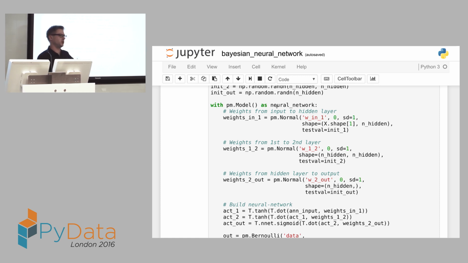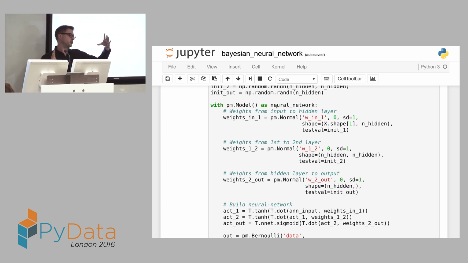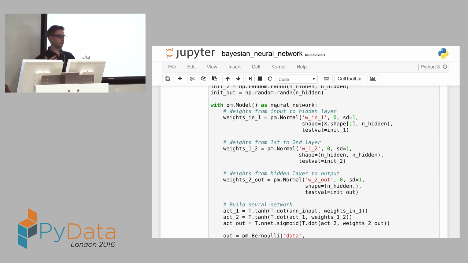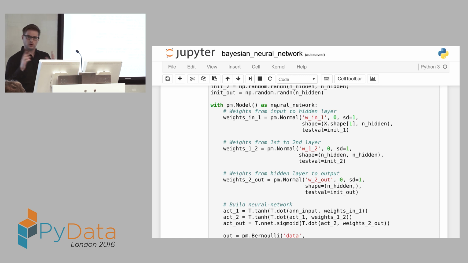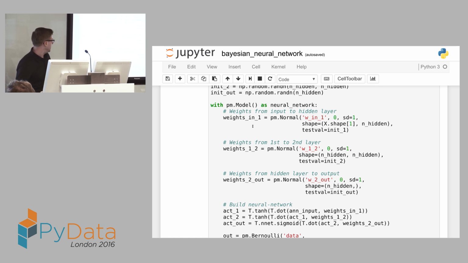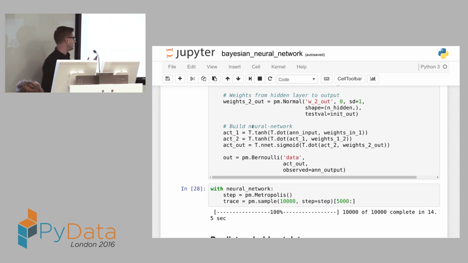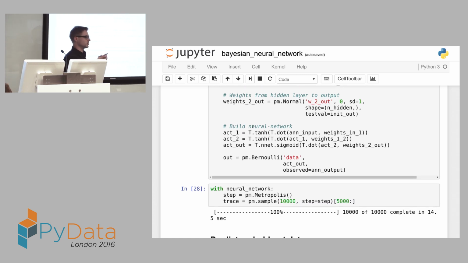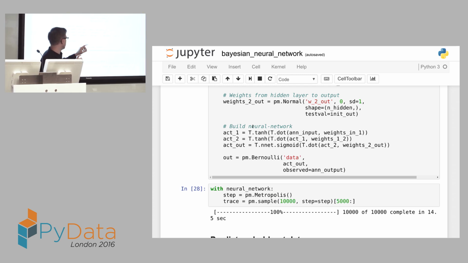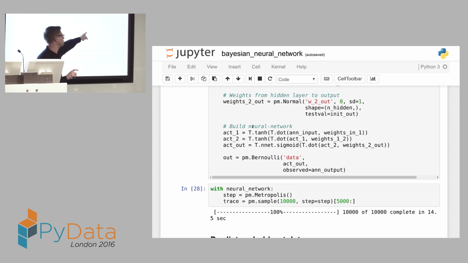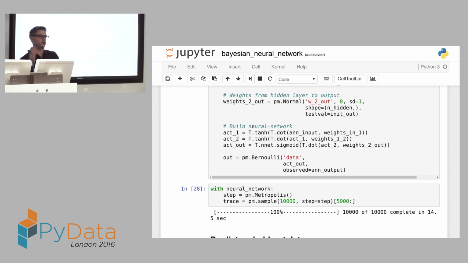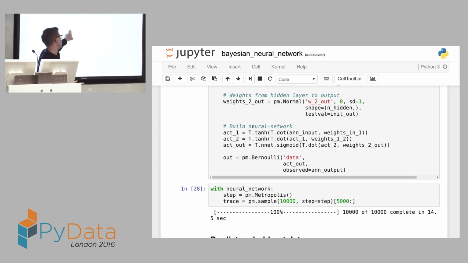And I'm using the shape because now we're doing matrix algebra. So I can just define the whole thing. And test val means this is what I'm going to initialize it with. OK, now I have set up my parameters, the priors on my model. Now I just have to build that neural network. And all that is really is just applying the dot product, matrix multiplication, between my input and the weights of the first one. Then you apply the nonlinearity. And here I'm using a tanh. You could use a sigmoid, but actually tanh works better, I found, in this case.